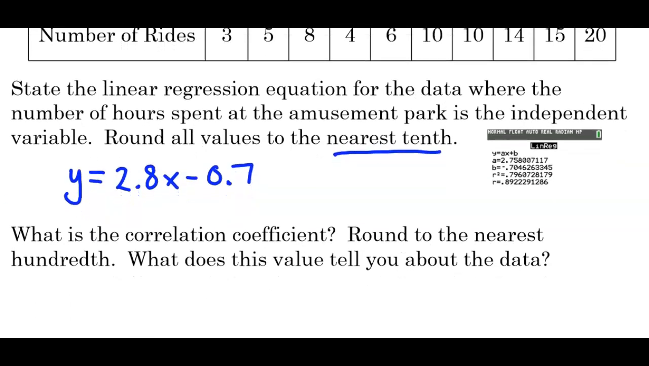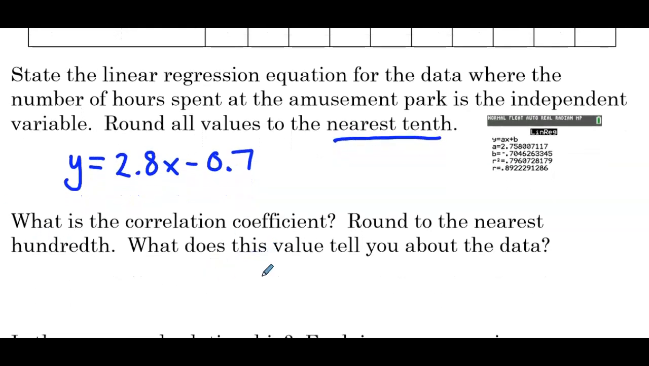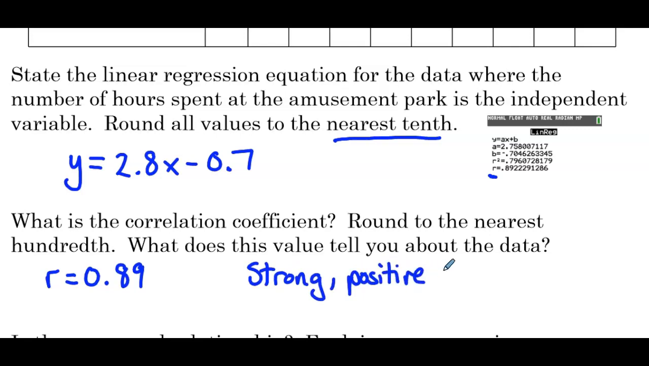What is the correlation coefficient? Round to the nearest hundredth. What does this value tell you about the data? So correlation coefficient is r. So rounded to the nearest hundredth, that's 0.89. So it's positive, so there's a positive correlation. It's close to 1, so there's a strong correlation. So we'll say that there's a strong positive correlation